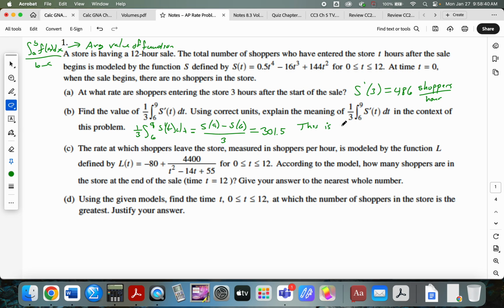This is the average rate of change of the total number of shoppers who have entered the store. And I tell this to my stat students all the time: parrot what they say when you're not sure how to say it. Just use the words that they use. Of the total number of shoppers